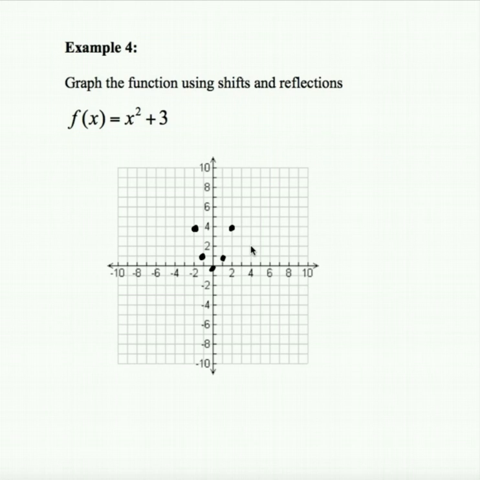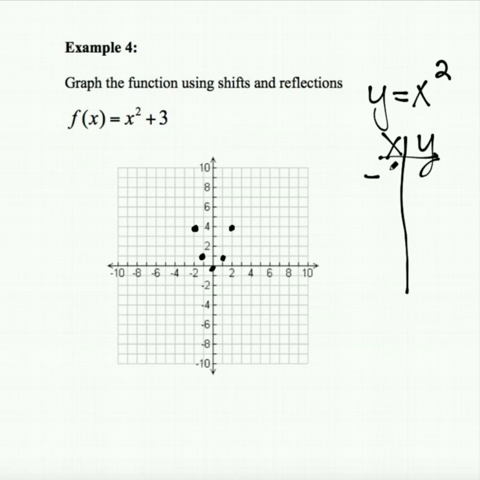We're going to take the function x squared, and we're going to have it go up 3. That's what that plus 3 means. So my parent function is y equals x squared. That's my basic function. So down here on my graph, I've gone ahead and plotted 5 points from the graph of y equals x squared. So just so you know what's going on,